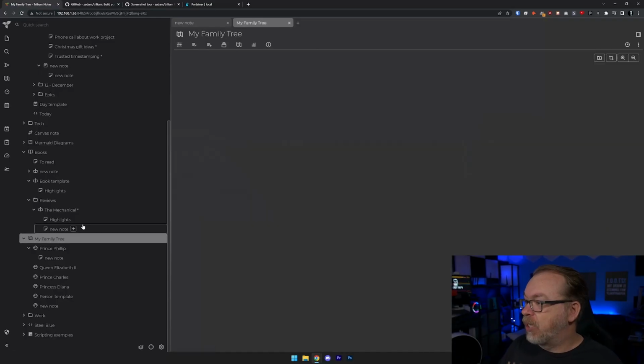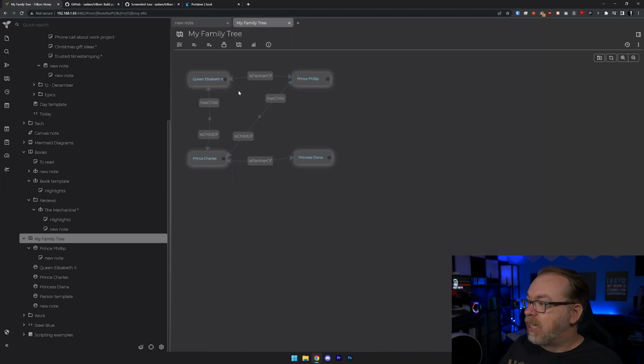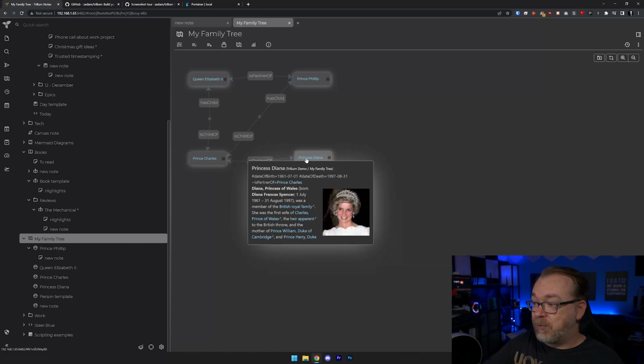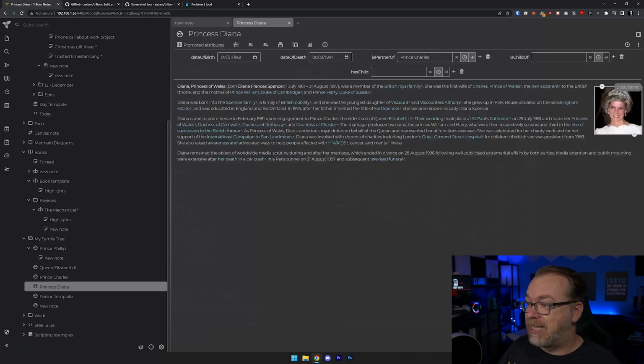So if we take a look at the family tree here, here is a family tree they built out, and some notes next to each person as far as child up, partner up, things like that. If we hover over one of these, it pops up in what reminds me of a Wikipedia style entry here. And of course we can click that, and there is a more robust Wikipedia style entry about, in this case, Princess Diana. Below that, we've got some work stuff,